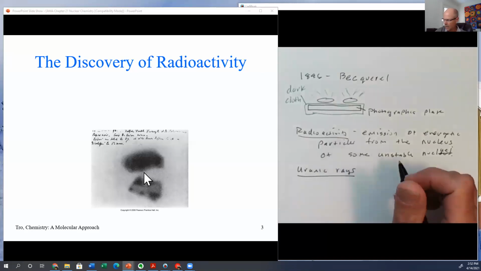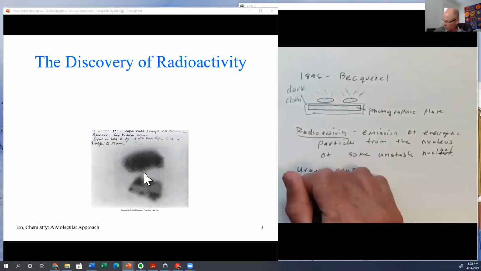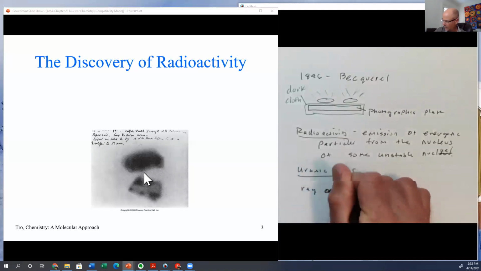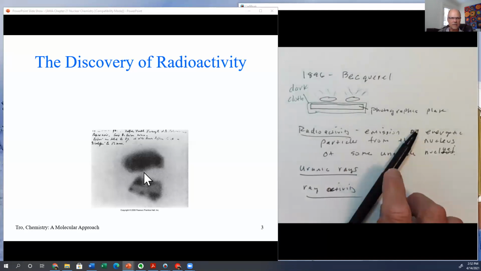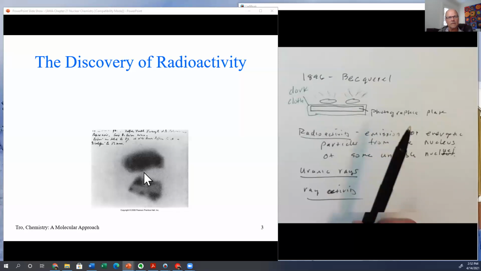which caused their names to be changed. In fact, from uranic rays, it went to reactivity, which then later became radioactivity. But in the process, she also discovered some new elements. There's a couple of elements on the periodic table. One of them is called curium. It's named after her. But the ones she discovered were,